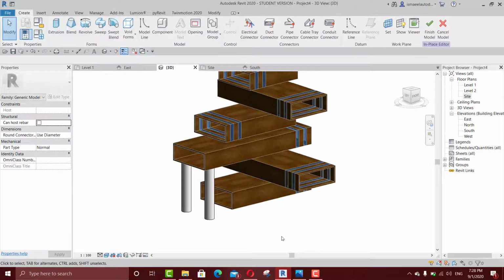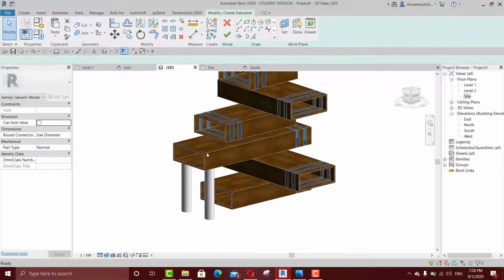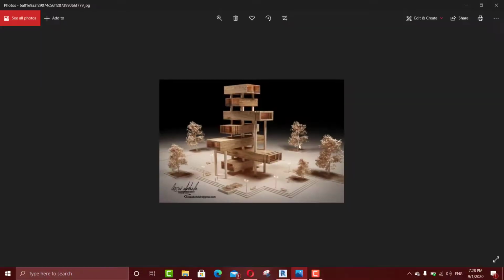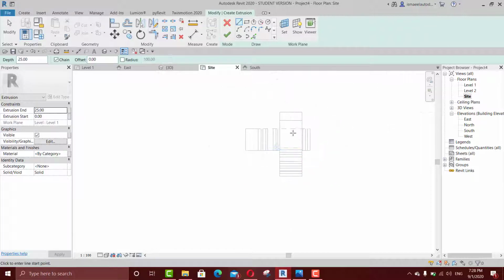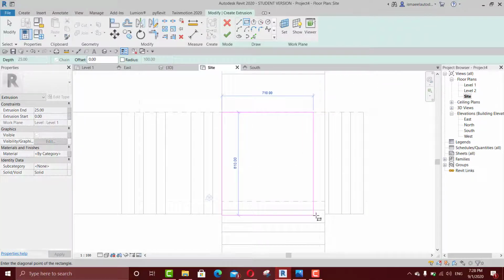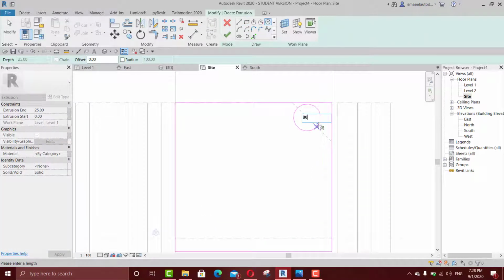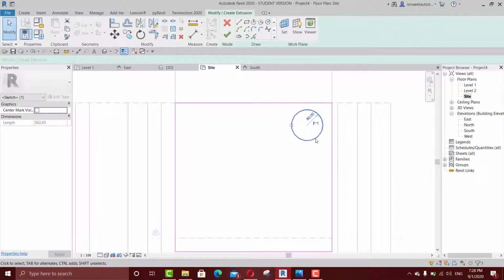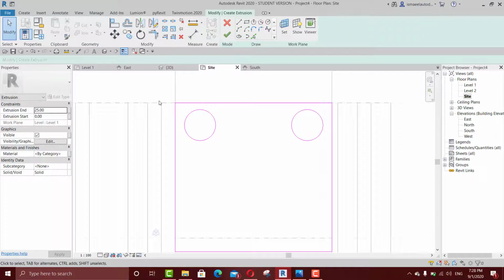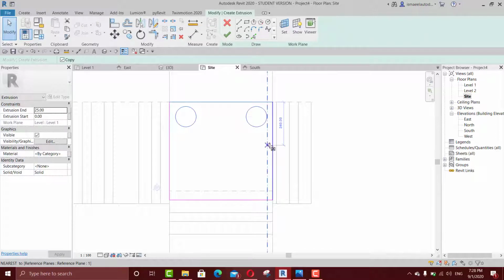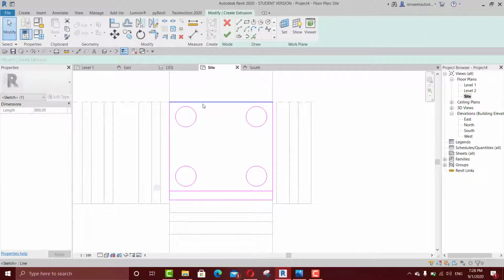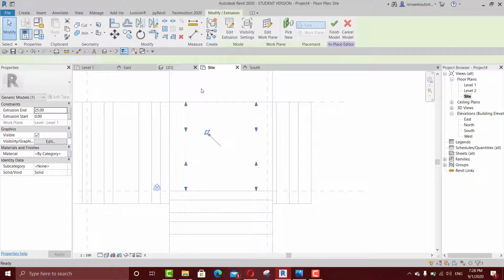Let me just go to my extrusion again. We do have these four columns. I will go to my site plan, so it will be approximately in here. I will just draw a rectangle like this for now. I'll draw another circle from here, 80 again, just move it like this, EM, and now EM again, delete this rectangle, this one also, say okay, go to your 3D,